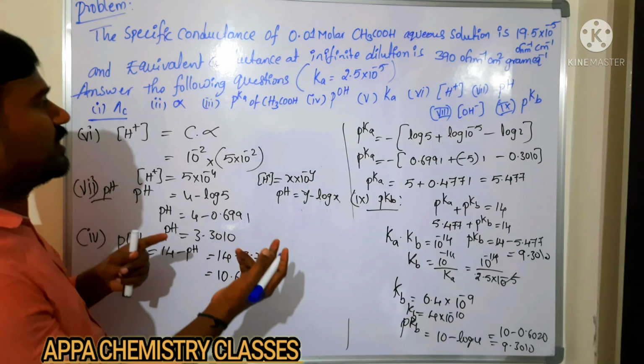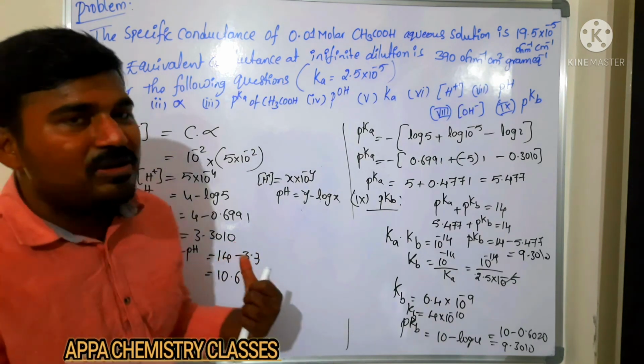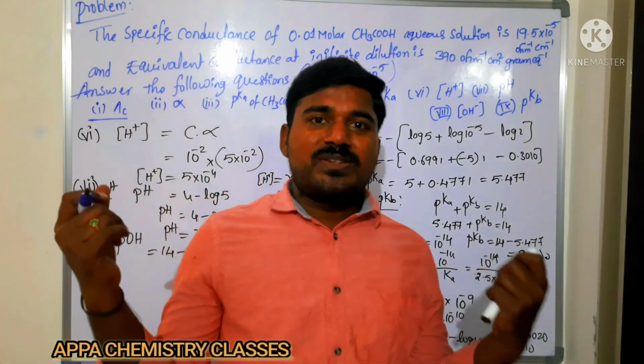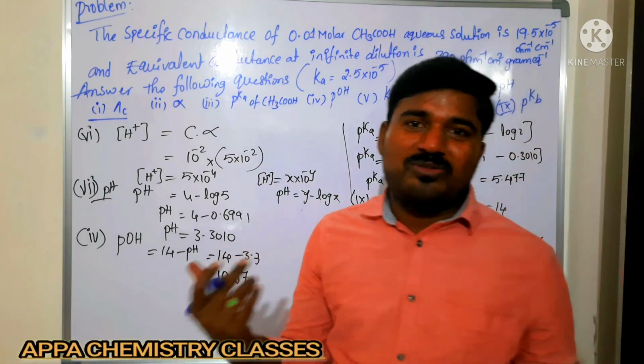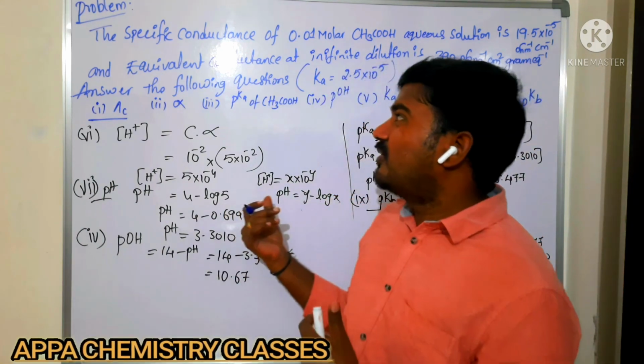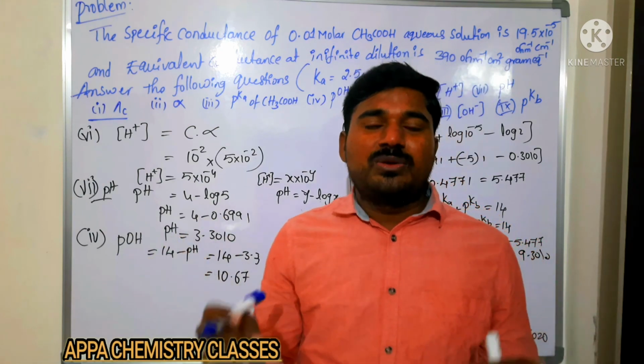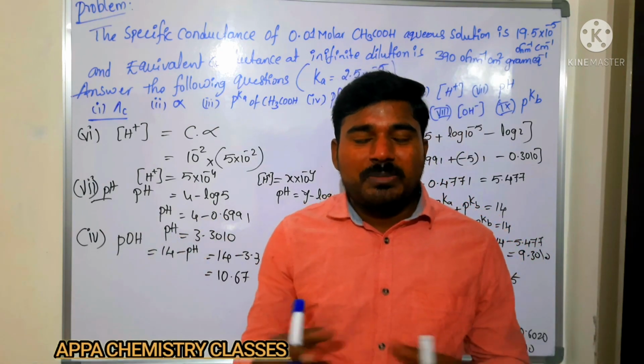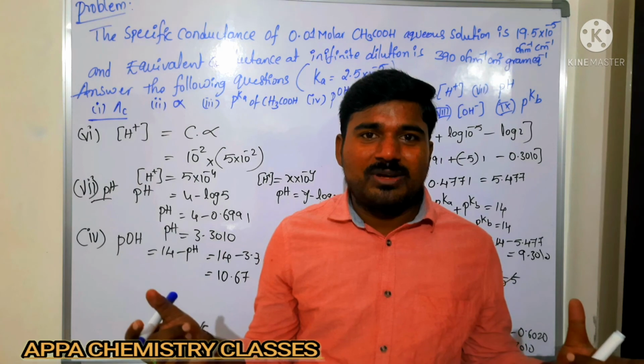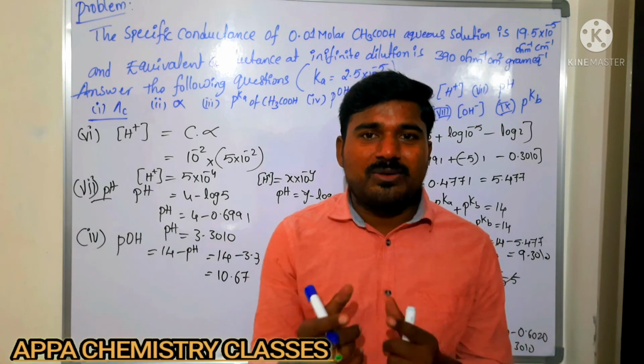So next, what term is left over? All the terms we have calculated. So that is the problem. By using such type of problems we can do more number of questions. In one question I explained 9 problems. Is that clear? So in that manner you have to be perfect with all the concepts. So till now we have discussed Ostwald's law.